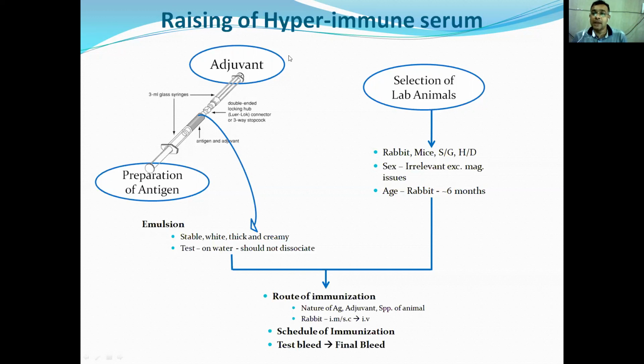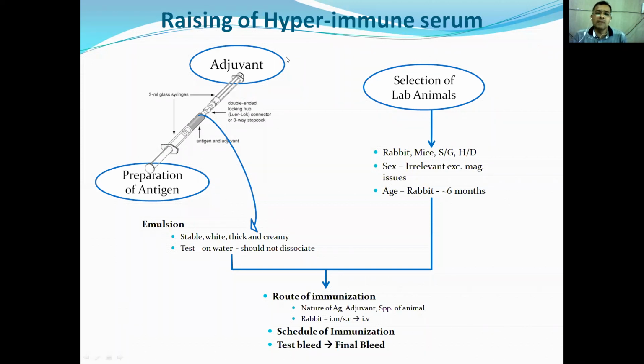But this might not be in a sufficient amount, because our purpose, or nature's purpose, is not to produce that antibody in very large amounts. But for our own interest, sometimes we need to raise a high amount of antibody in the host body. In such cases, we have to follow a protocol for production of hyperimmunity.